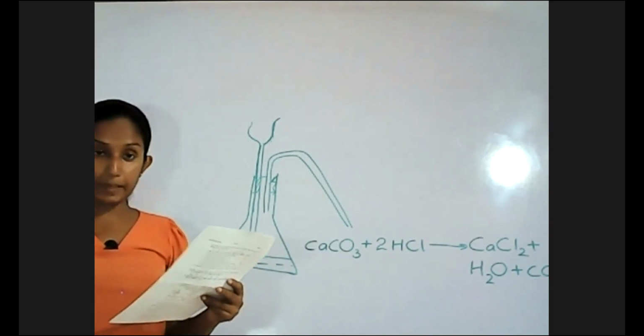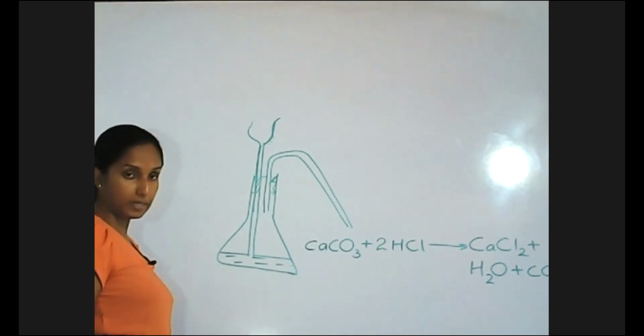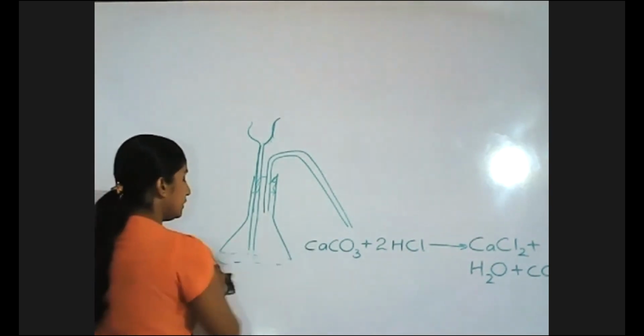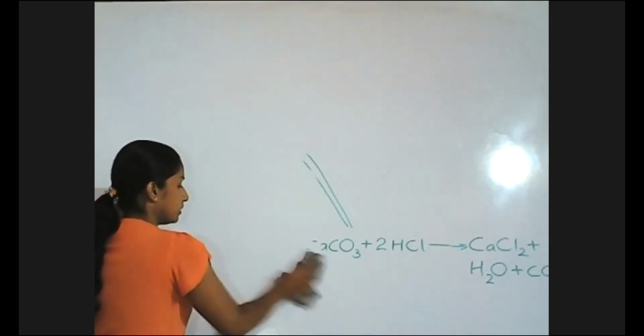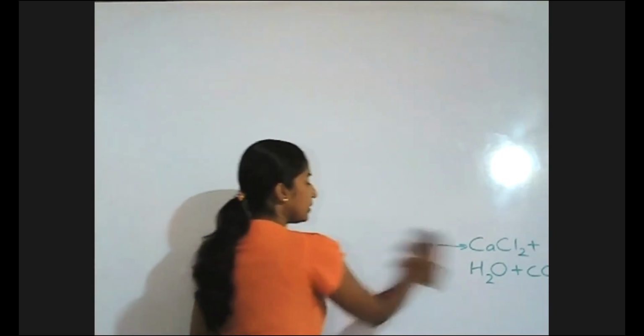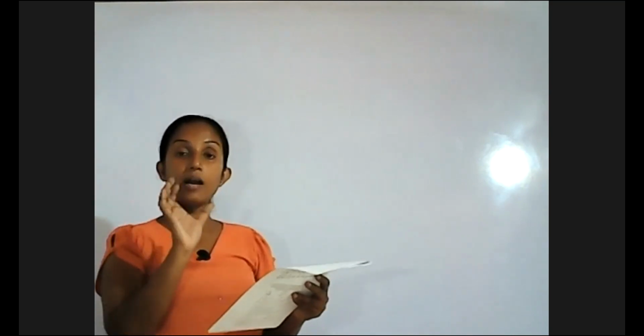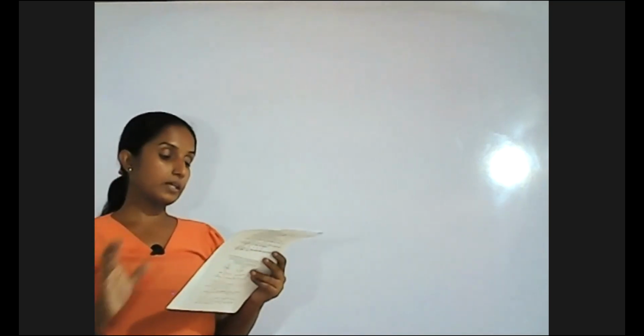When we use the same mass of calcium carbonate but in the powdered form, within a short period of time it can collect a sample of carbon dioxide. Explain briefly